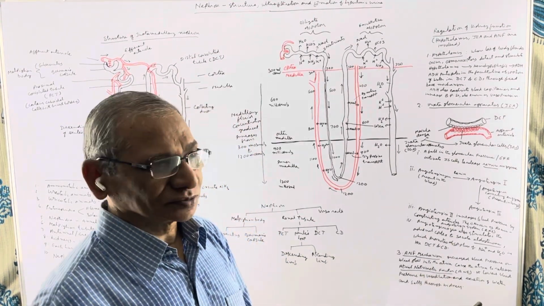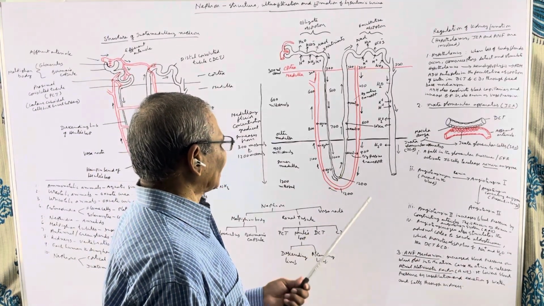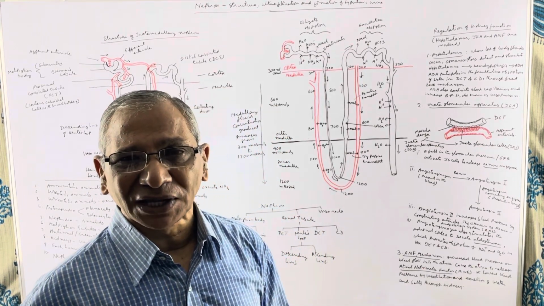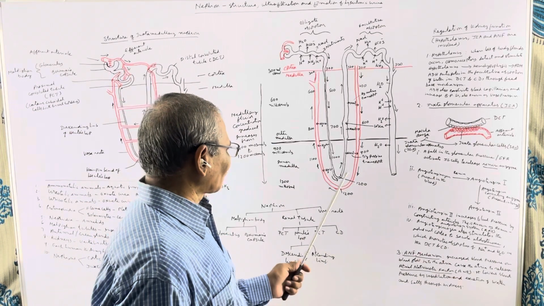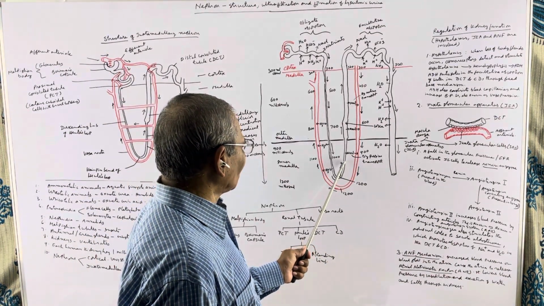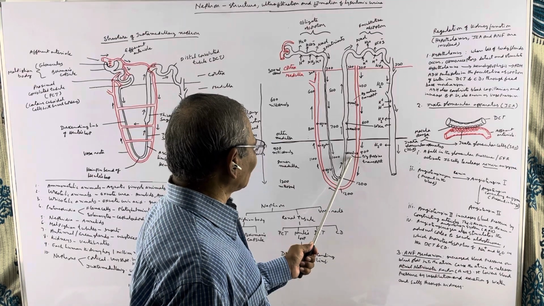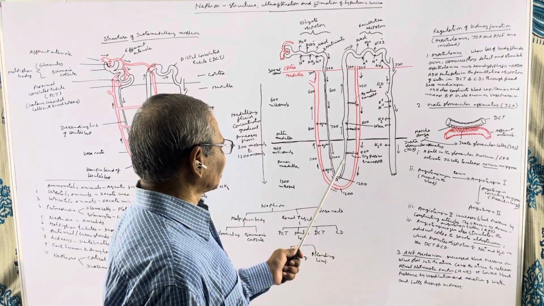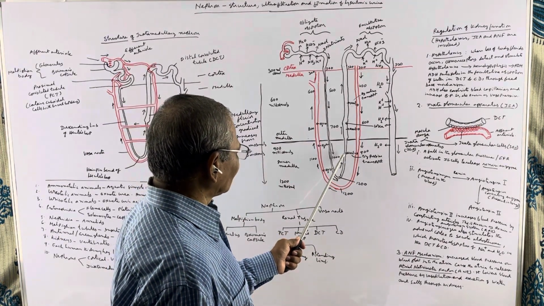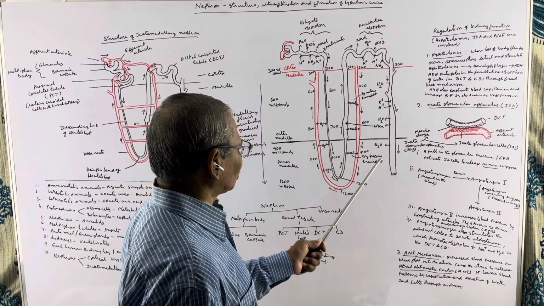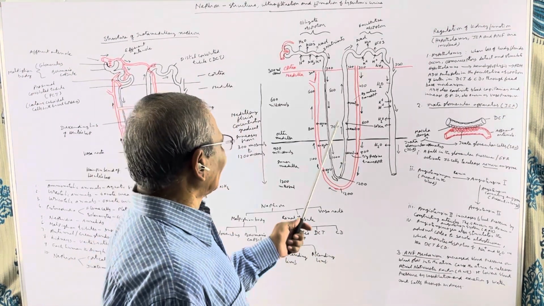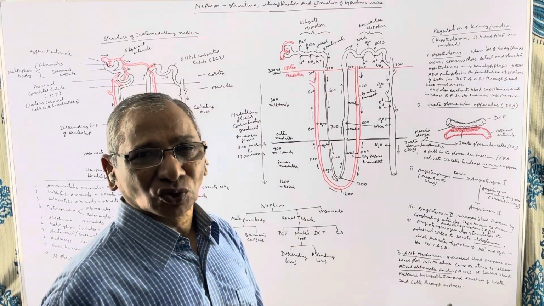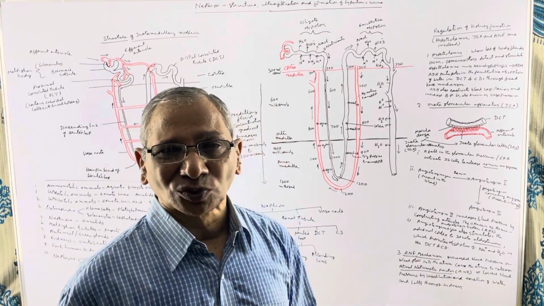Then how is this achieved? This is achieved by the absorption of sodium chloride into the medullary fluid from the glomerular filtrate. So the sodium chloride present in the glomerular filtrate is absorbed into the medullary fluid by passive transport in the thin segment. So in the case of thin segment, from the glomerular filtrate, sodium chloride comes out through passive transport. Then, in the thick segment, sodium chloride is removed from the glomerular filtrate through active transport, which involves